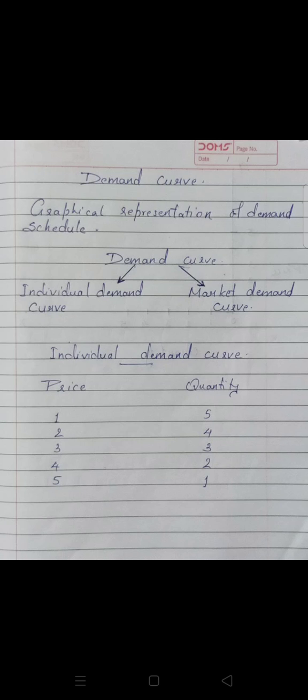So the tabular form which I have taken here is the same tabular form which we discussed just now in the last one, that is the tabular form जो हमने discuss किया individual demand. तो ये जो individual demand curve में जो tabular form दिखा रहे हैं वो वही same है. So now what we have to do is, now we have to just plot this tabular form into graphical representation. हमको x and y axis बना के उसमें curve बनाना है. Okay, so I hope it is clear to all of you.